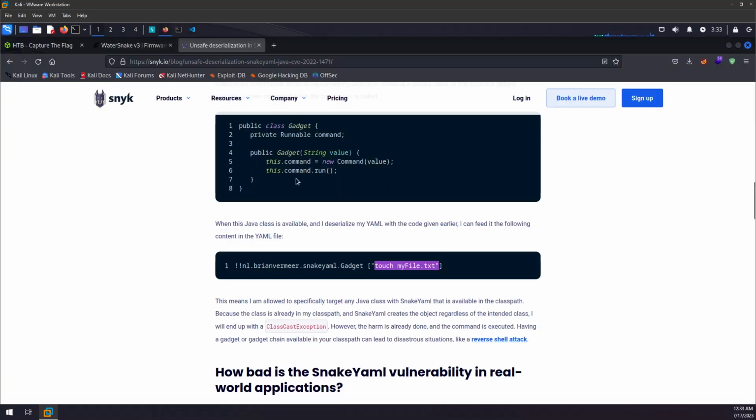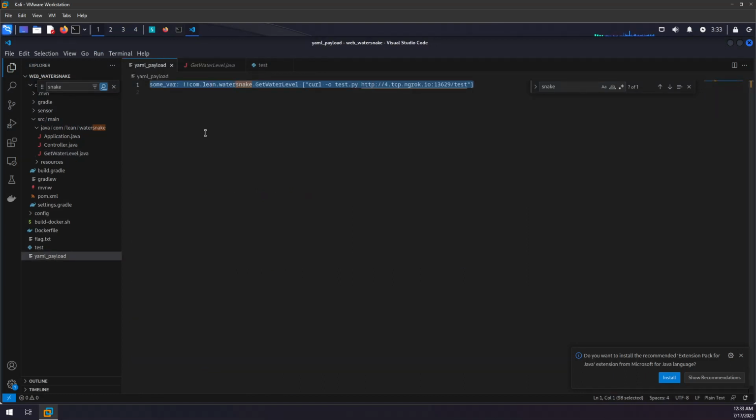So if we go back to here, really what we're going to be calling is an object. It needs to be valid YAML, but we're going to use this bang bang and then the address of our gadget. I already put together a YAML payload. I'm just using some var colon, and then here is what it is. We have com.lean.watersnake.GetWaterLevel, which is how I found that. We do a space here. I did not do that for the longest time and it took me a while to figure it out. But then we just put our square brackets